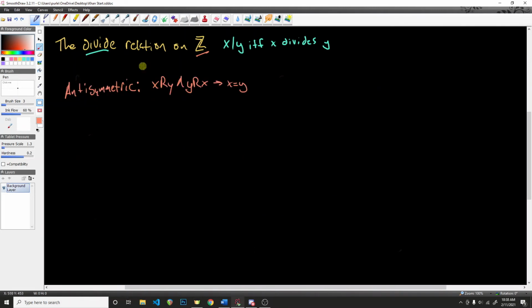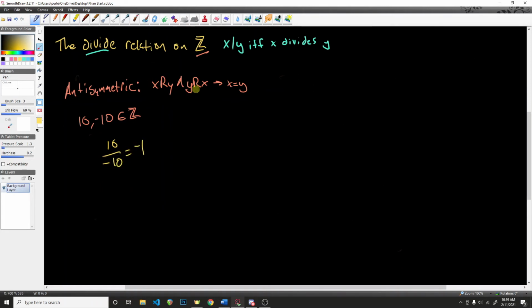The next property we want to look at is anti-symmetric. What that means is that we have the case where x R y and y R x, where that implies x is equal to y. And we can use the same numbers again. We have that 10 and negative 10 are both elements of the integers. And we can say here that it is true that x is divisible by y. And in order for this premise to work, we need to say that both x R y and y R x, meaning that it is true that 10 is divisible by negative 10, which it is, negative 1,